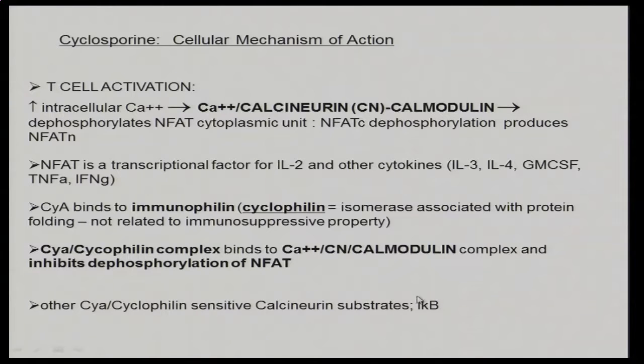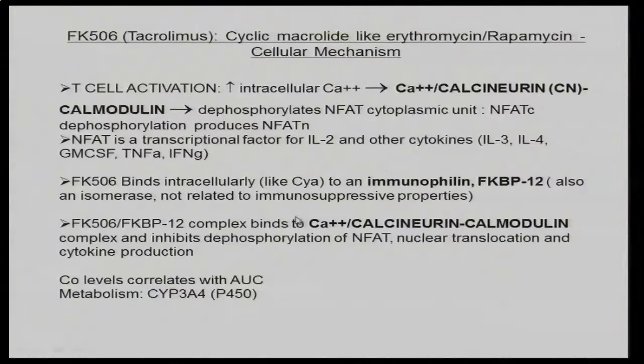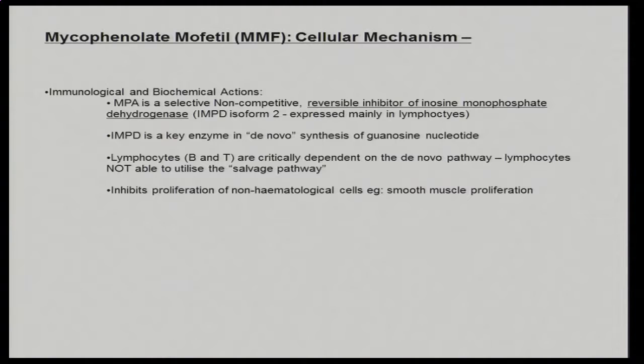And this molecule that it binds to become activated is a so-called cyclophilin. Now, tacrolimus does exactly the same thing, but the binding protein is this FK binding protein 12, which then binds to form and inhibit calcineurin, and is a potent inhibitor of signal 1 and a potent inhibitor of cytokine secretion. Mycophenolate, on the other hand,